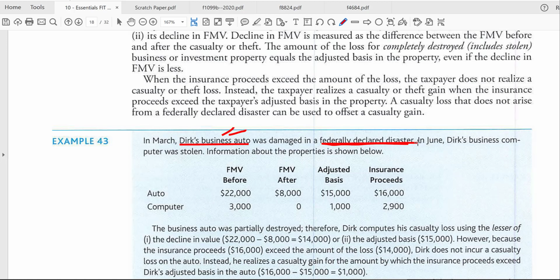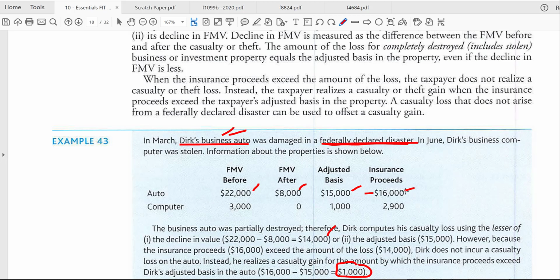Yeah. So if you take a look at this automobile, here's the value of the automobile before the damage, and here is the value of the automobile after the damage. In other words, the value has decreased by $14,000, and the insurance proceeds he gets is $16,000, more than enough to cover this value. He's going to recognize a gain, but you don't use this $14,000 loss or reduction of value. Yeah, we still use the adjusted basis, subtracting it from the proceeds, which is acting like the sales price, to get a $1,000 gain. Now, this $1,000 gain, you're going to have to pay taxes